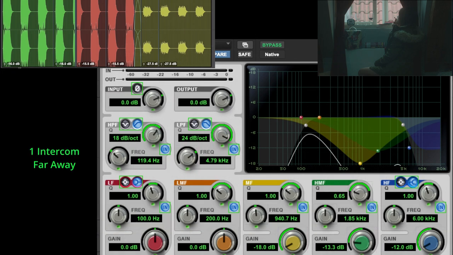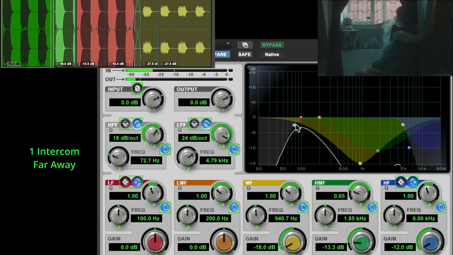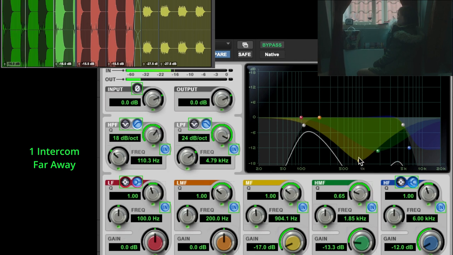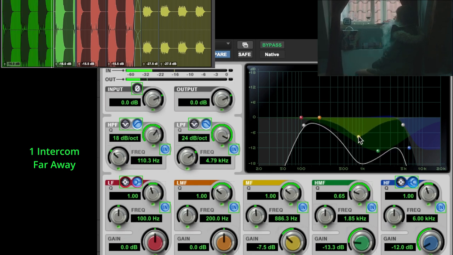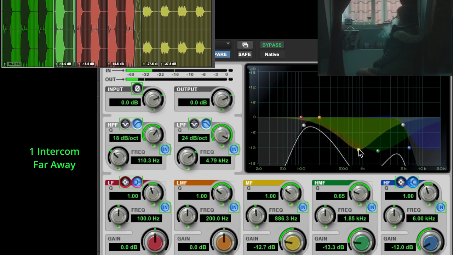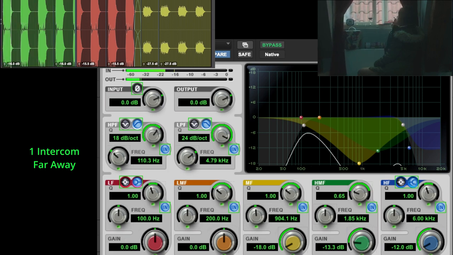In this first phase, I had the sound and I just equalized it, and let's just play the solo. So I roll off the low frequencies, the high frequencies as well, as you can see here, not too much. And then I was playing as well with the medium frequencies, and it feels like it's decreasing the volume, but it's actually not decreasing the volume, it's decreasing the upper frequencies of the volume. Therefore, you will hear less volume in the sound. So that's the far away